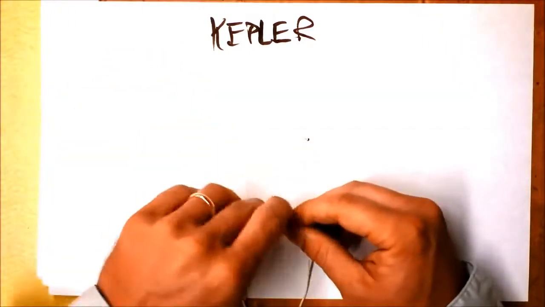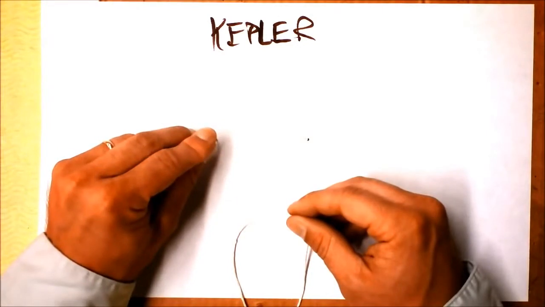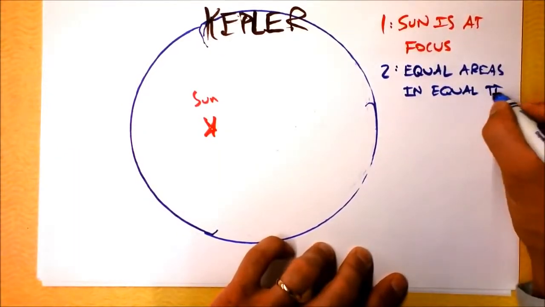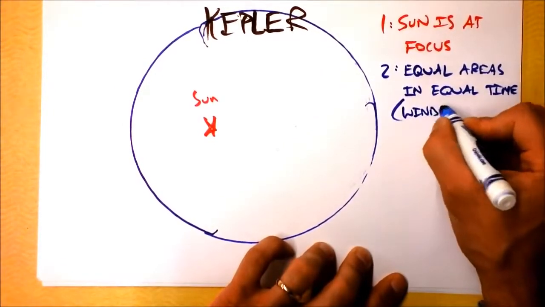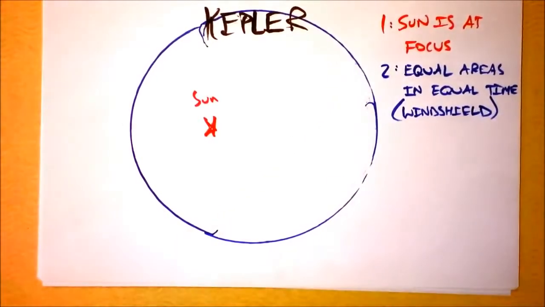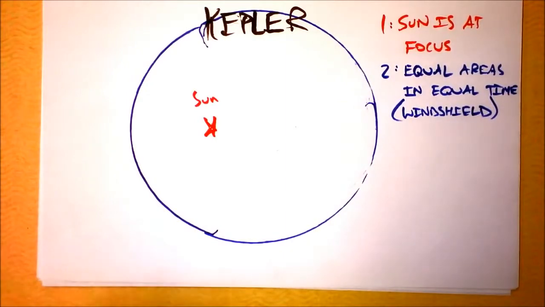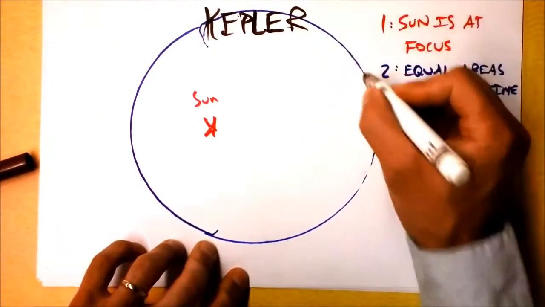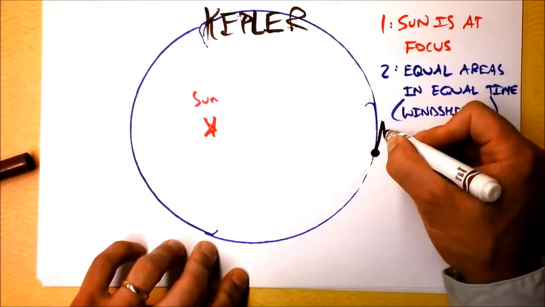So I'm putting a couple pins in, and in parentheses, I'll call it the windshield. The windshield law works like this. If you take the location of a planet at some moment in time, let's say it's a nice brown planet, and it's over here, and let's say that planet is going counterclockwise